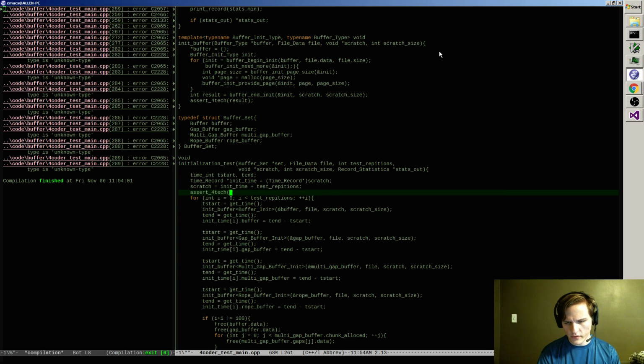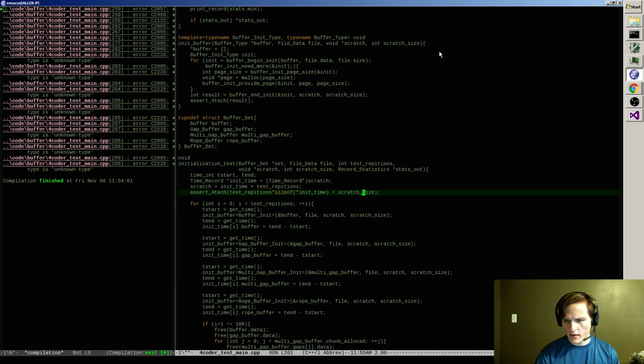And I'll want to assert that test repetitions times the size of one of these guys is less than scratch size. And if so, we're fine. And I take that and I subtract out all of this.